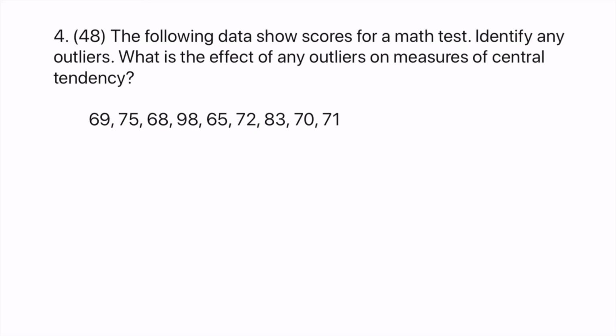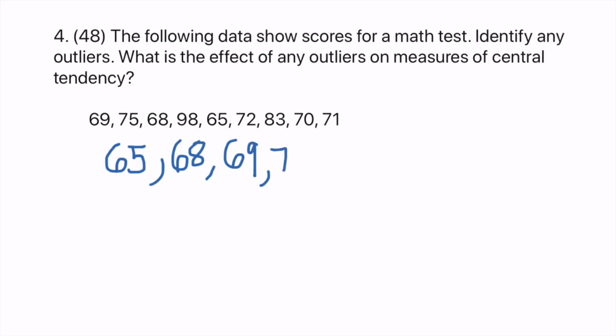Okay, number 4, the following data shows scores for a math test. Identify any outliers. What is the effect of any outliers on measures of central tendency? Okay, so we have to put these in order from least to greatest. So we have 65, 68,